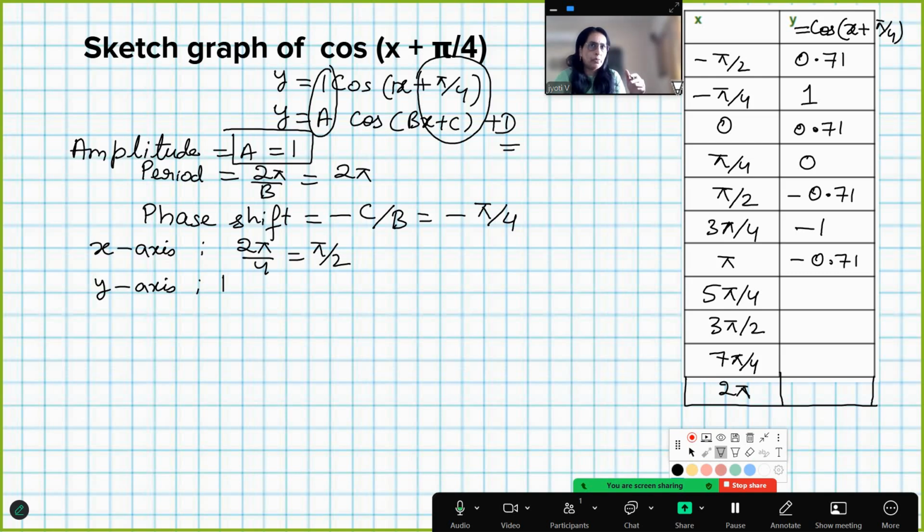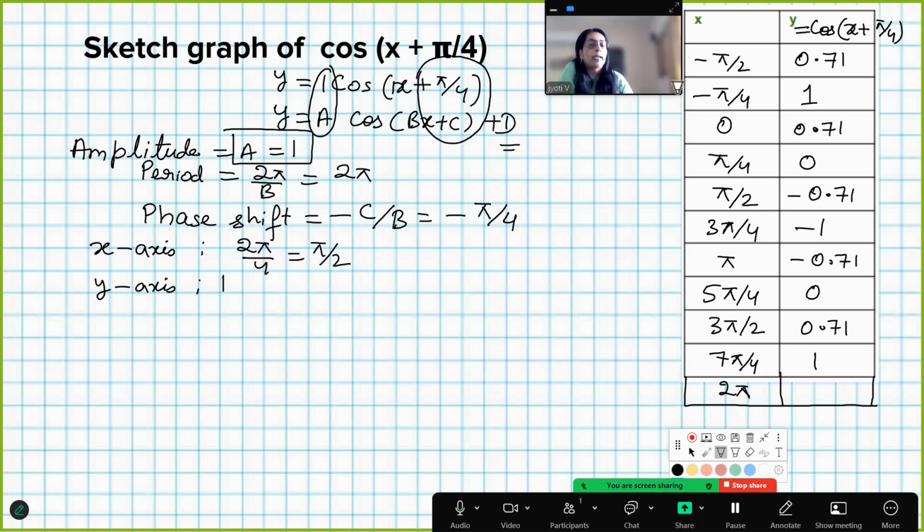3 pi by 2. That is 0. Cos of 270 is 0. 3 pi by 2 means 6 pi by 4 plus pi by 4 is 7 pi by 4 means 315. In that zone, cos is positive. So that is going to be 0.71. 7 pi by 4 plus pi by 4 is 8 pi by 4, which is 2 pi, which is